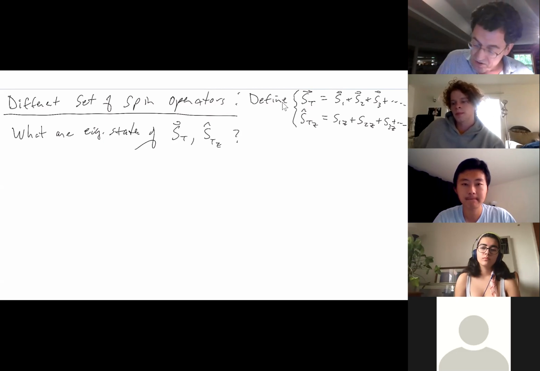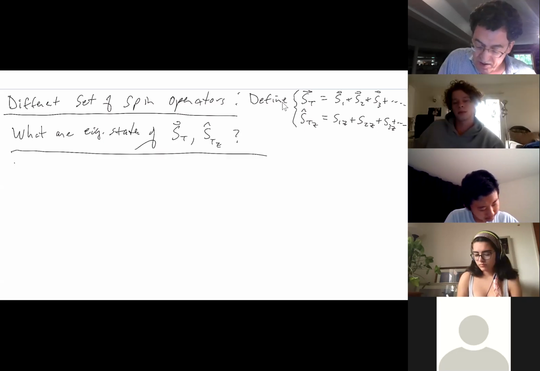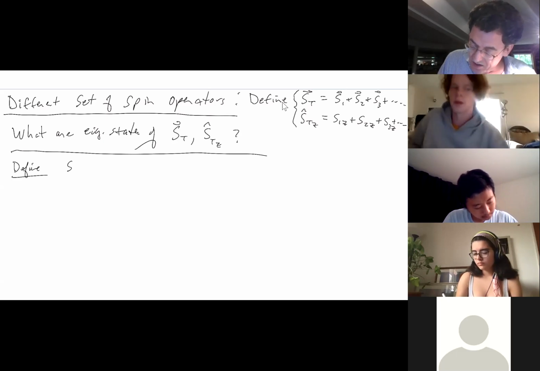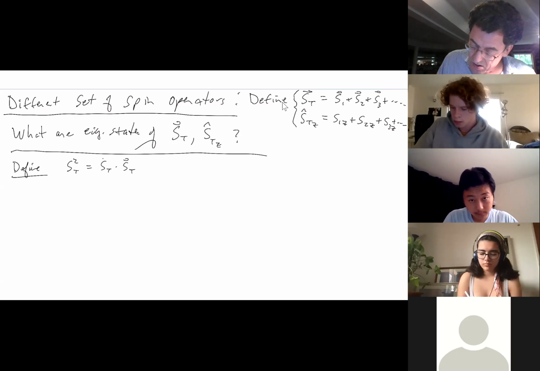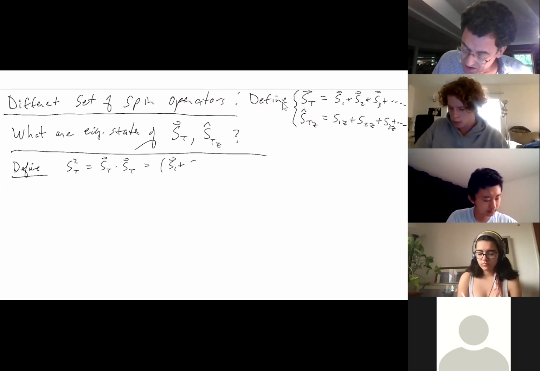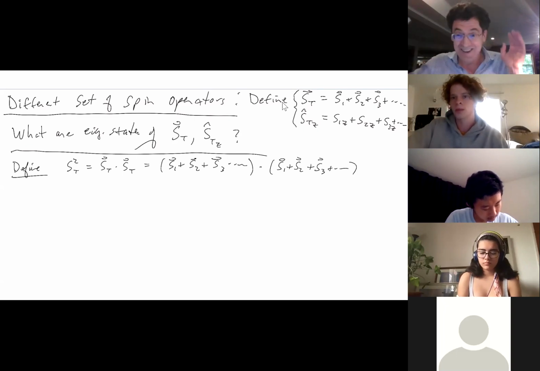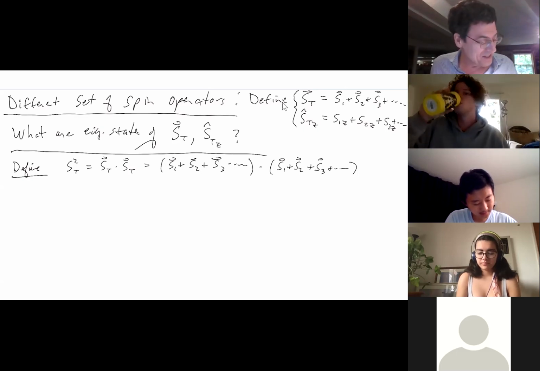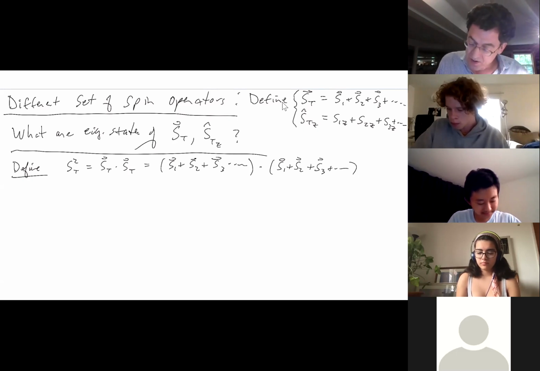So the logic is that to find the eigenstates of these weird new operators, we can just say, well, let's define S total squared, and that'll be S total dot S total. That's going to be S1 plus S2 plus S3 dotted into that same guy. You can see I'm not really into using elegant mathematical notation. I just write everything out. I find elegance confusing. Okay, and so we define this new operator S total squared, and then we can start looking at the commutators,